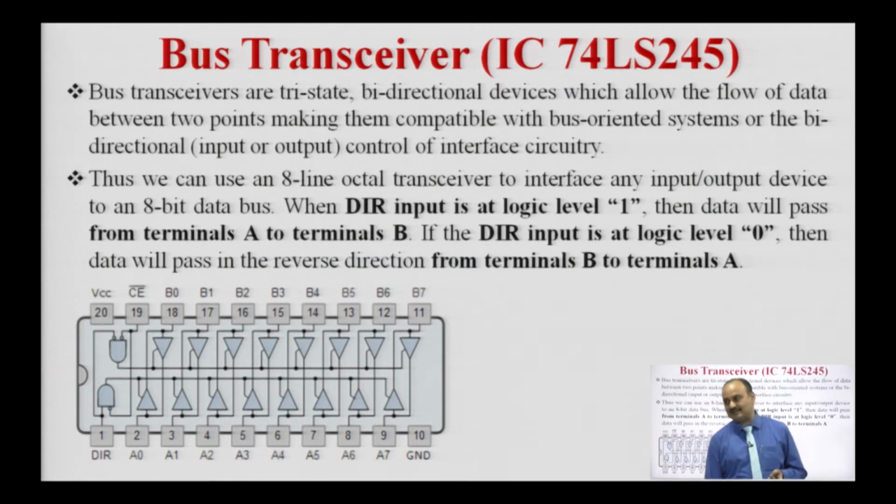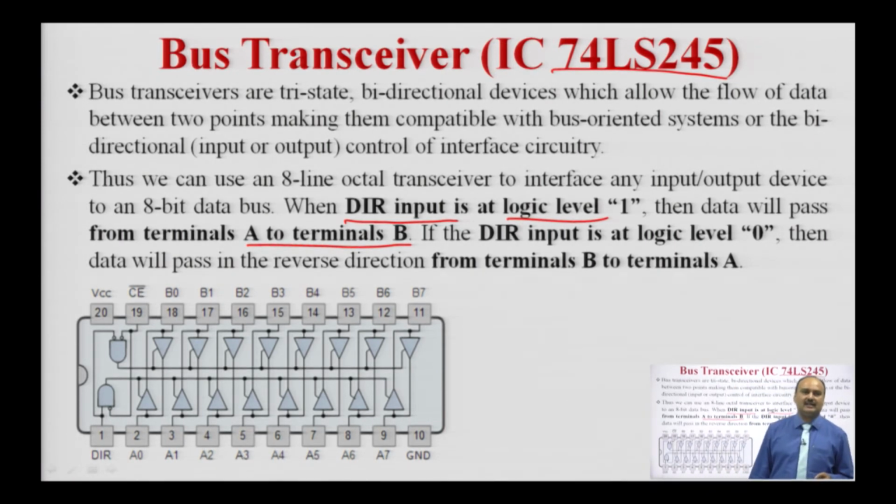Next is the bus transceiver. The IC is 74LS245. Bus transceivers are tri-state bidirectional devices which allow the flow of data between 2 points. It is bidirectional, so we need to connect the bus transceiver to the data bus. It has 2 groups, A0 to A7 and B0 to B7. The direction of the data depends upon the DIR input. If the DIR input is at logic 1, the data passes from terminal A to terminal B. I repeat, when the DIR input is at logic 1, the data passes from A to B,